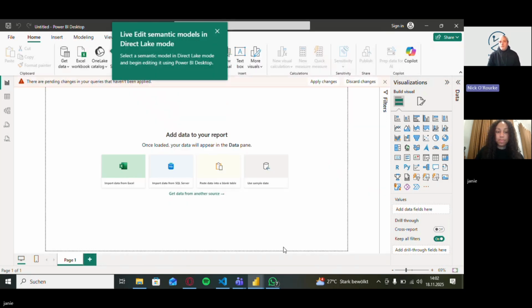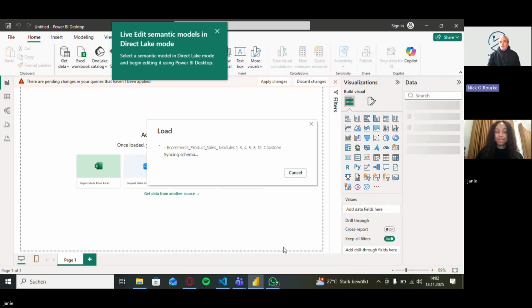And hey presto, it should be fine. So, saying there are pending changes in your queries that haven't been applied, just go apply changes, it'll be fine. If it pops up again,